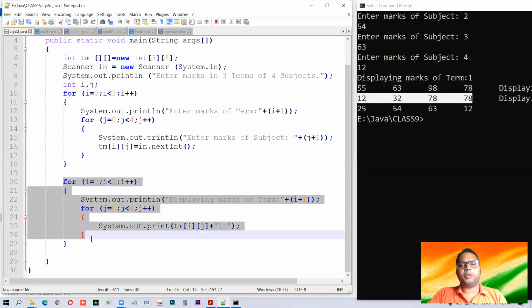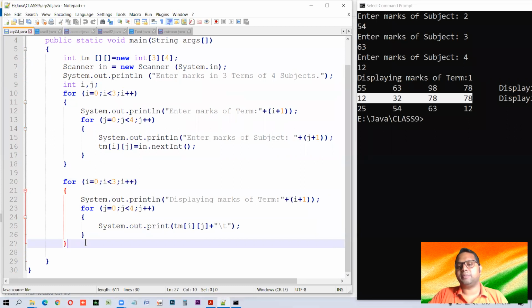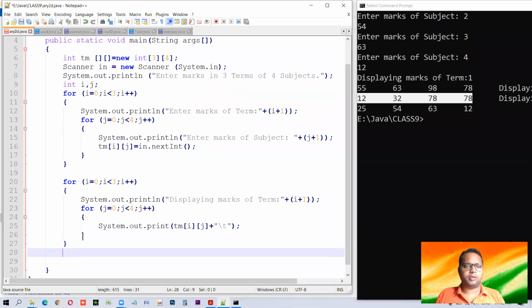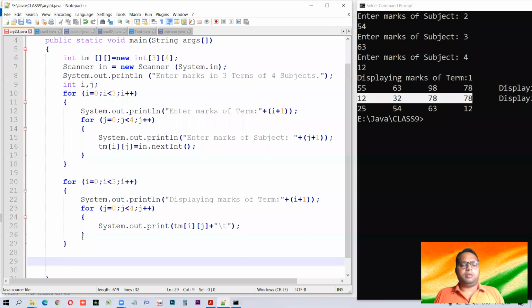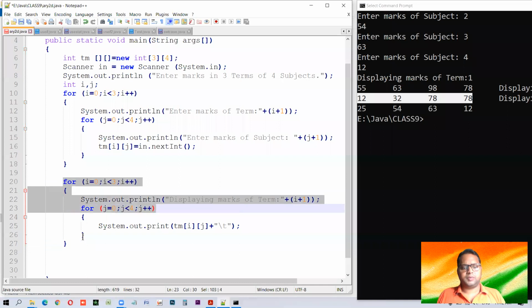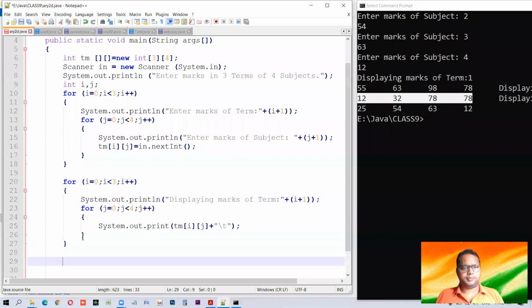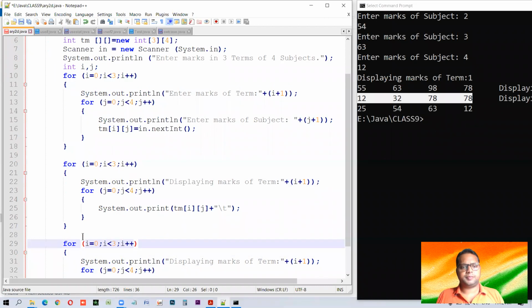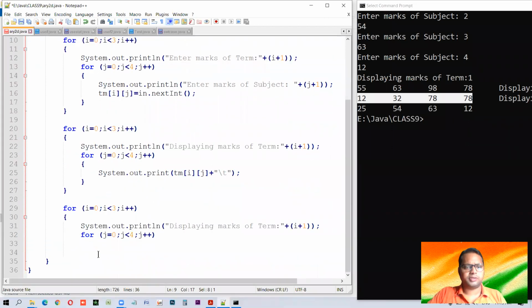Up to this for loop, we are just simply displaying the marks. Now let us add the row and column. How can we add the row and column? So this is how. Take the for loop. For i equal to 0, j. i and j we have made global so that every time we do not need to create int i and j. We can use them anytime.